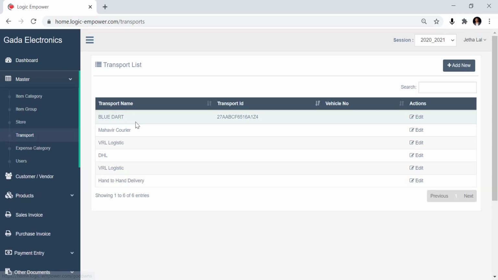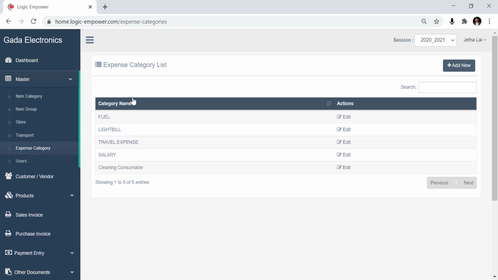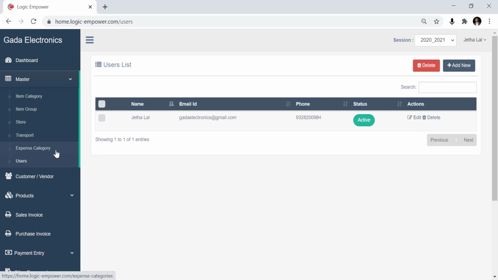This is transport master. You can create multiple transports with the transport ID. Expense category. This way you can create multiple categories of your expense, like fuel, salary, travel expense, consumables, etc. This is user master. You can create your staff account. So create a new user. You can click on add new.